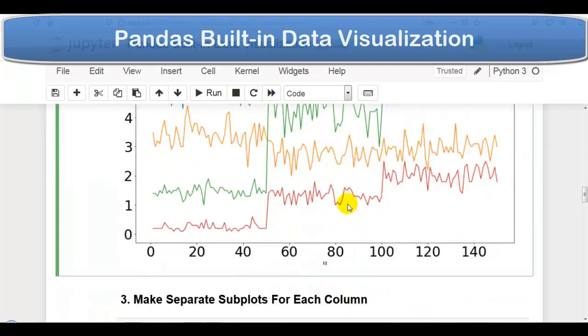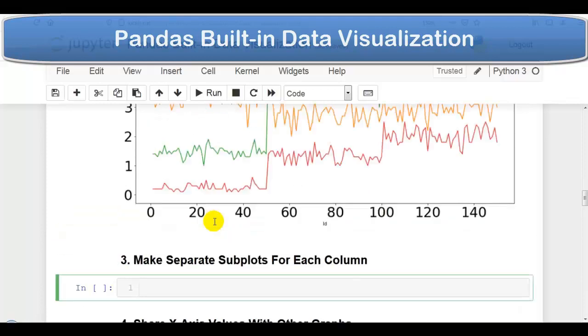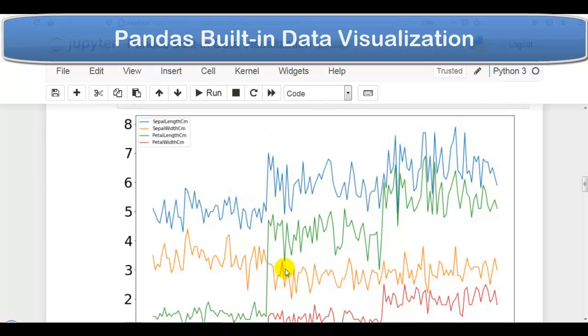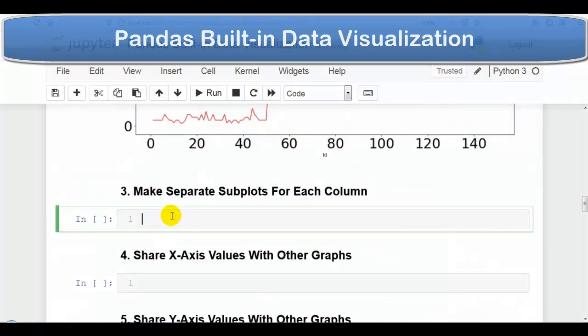So now next question. In this question, we have to make separate subplots for each column. As you can see over here, this plot method is displaying one common plot for all the numerical columns, but we want a separate plot for each column. So let me first copy these two statements and paste it over here.